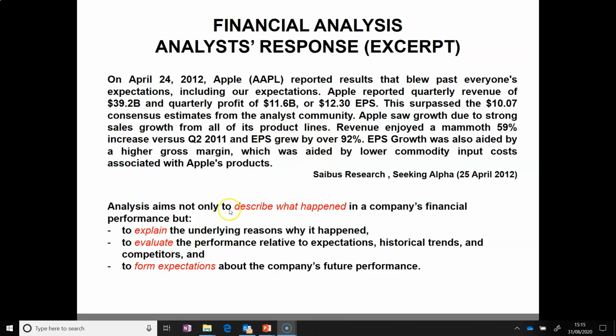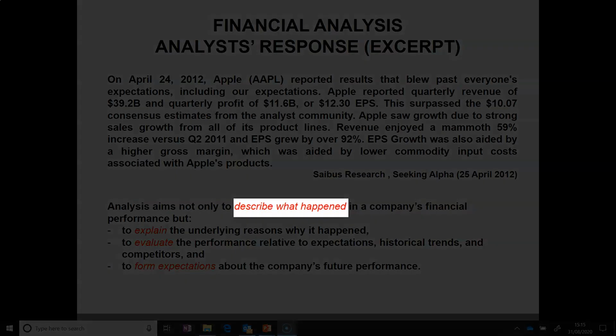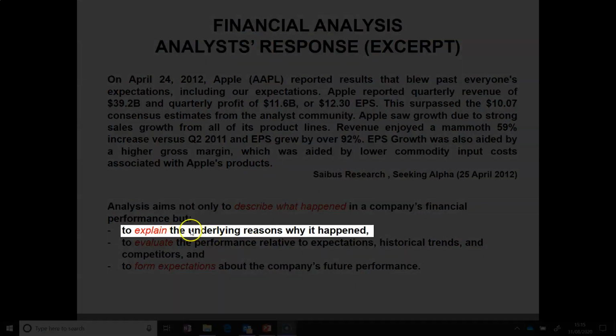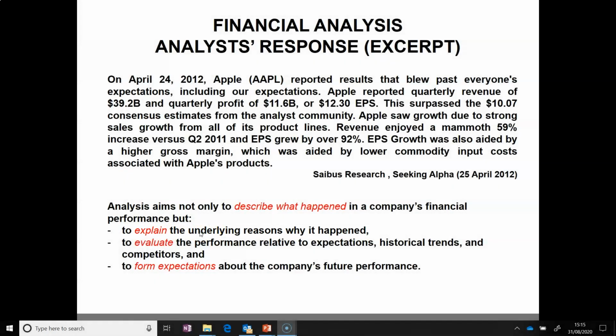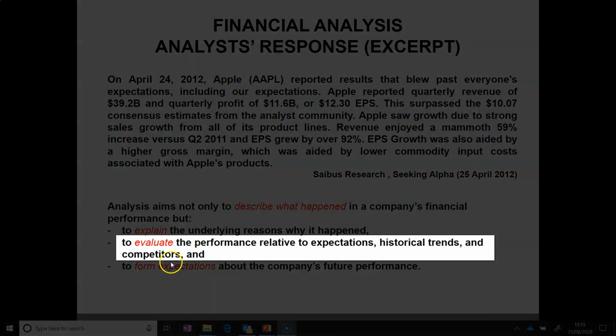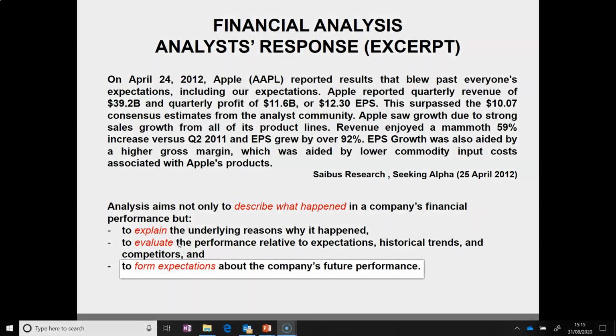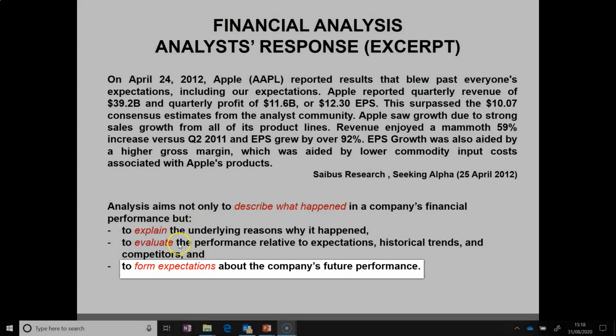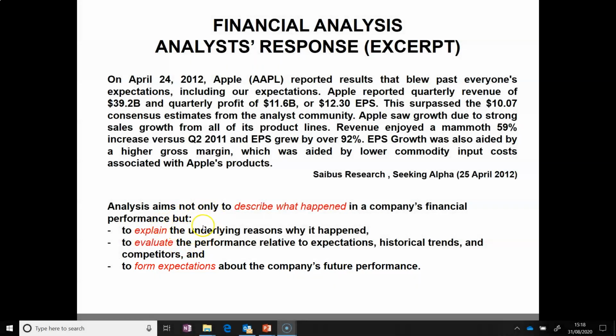It is important to note that the role of financial analysis is not only to describe the financial performance of a company, but also to identify and explain the underlying drivers of the financial performance of the company, evaluate the performance relative to expectations, competitors, and the historical trends in performance. And on the basis of all this, form expectations about the company's future performance. From this, we can understand that financial analysis is concerned with evaluating the financial performance of the company over past,